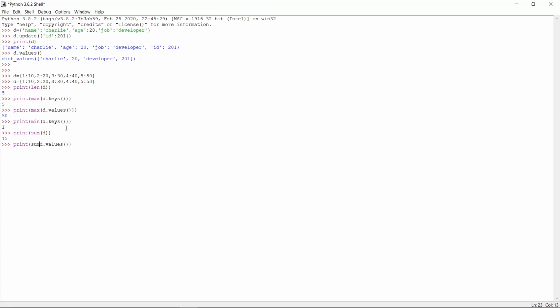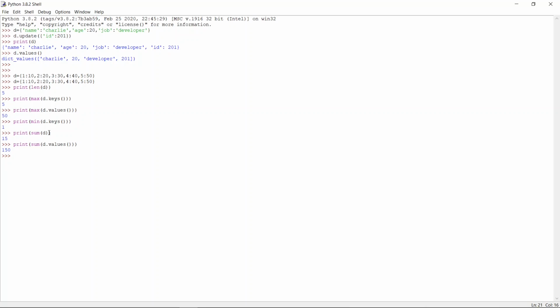Here you have to mention sum, then d.values, just enter. You can see we got the values, only values added. If you want to add keys, you don't need to pass anything. Here you can see we already added only keys, so the keys sum is 15. And let's see what is next.